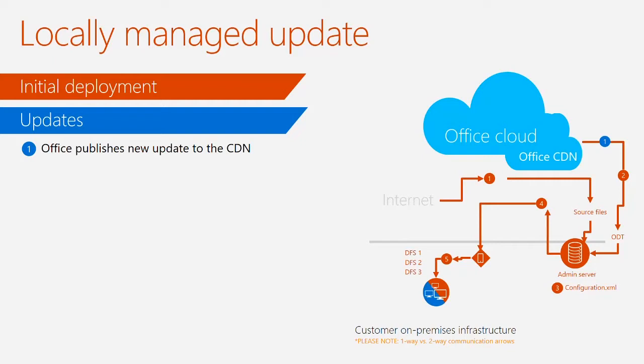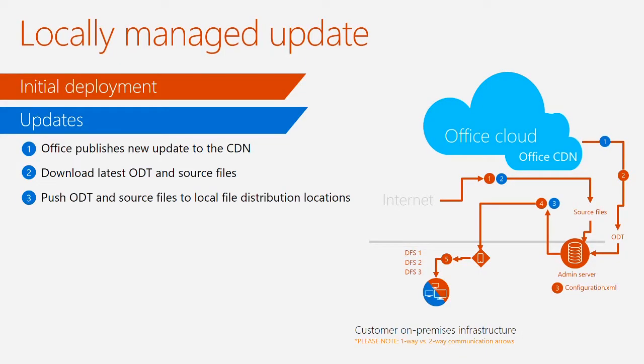But if you're going to use this as an update method, always make sure when you download the latest bits and source files, you go out and look at ODT and make sure your ODT version is the latest version. It never fails. We've gone into a lot of environments where we start troubleshooting, and what happened is we got these bits and source files, and we didn't get the latest updated deployment tool, and there's dependencies on those. So always make sure you're using the latest deployment tool. Push those source files out to the file locations.